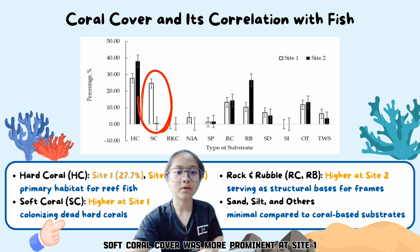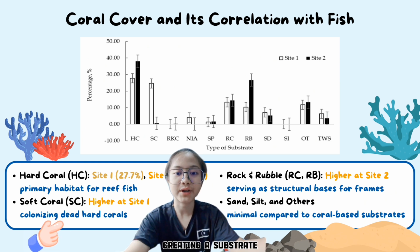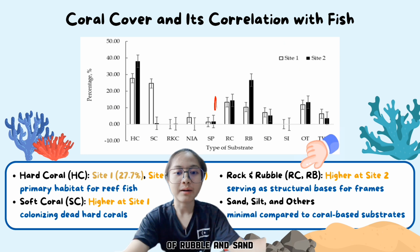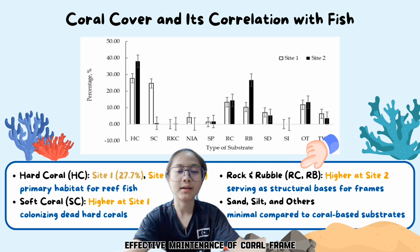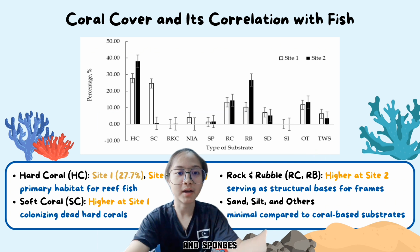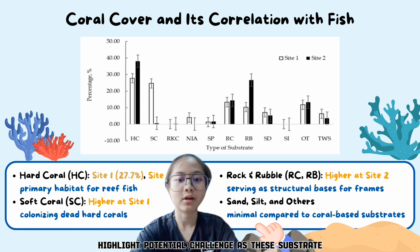Soft coral cover was more prominent at Site 1. This is due to that coral fragment creating a substrate conducive to soft coral colonization. In contrast, Site 2 shows a higher proportion of rubble and sand, suggesting limited coral growth and less effective maintenance of the coral frame. The presence of nutrient indicator algae and sponges, though minimal, highlights a potential challenge as these substrates can compete